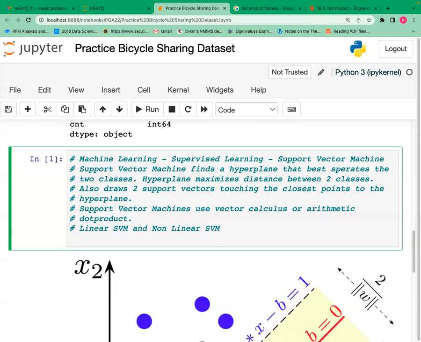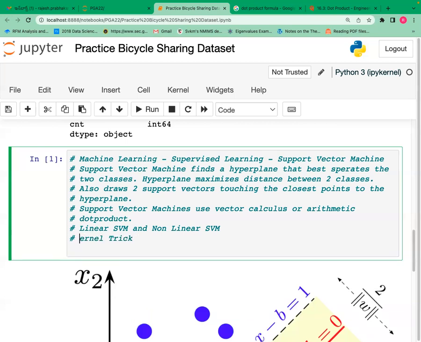So support vector machines are very useful in natural language processing and image processing, because they tend to separate the classes very, very distinctly or very, very clearly. Now, one of the problems for support vector machines is when the classes are very, very close to one another, or there is an overlapping of the observations. If there is an overlapping of observations, then support vector machines need some additional support, which we call kernel tricks. Kernel trick is very important in support vector machine,